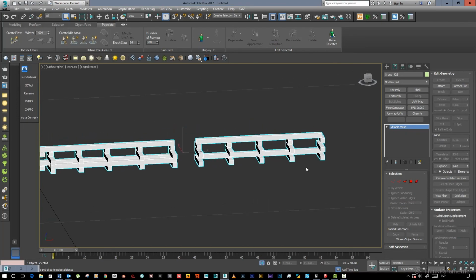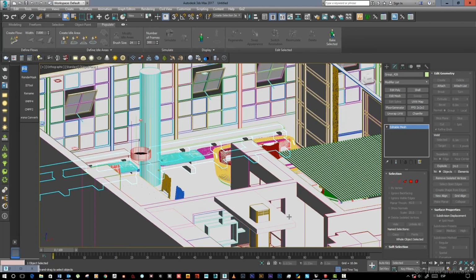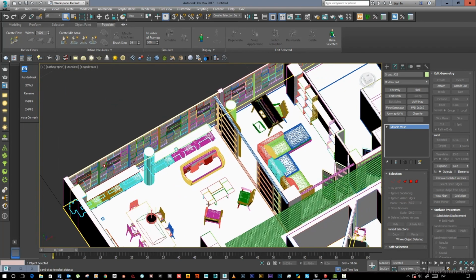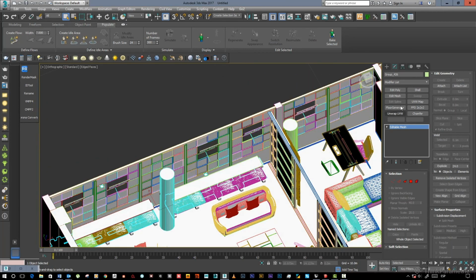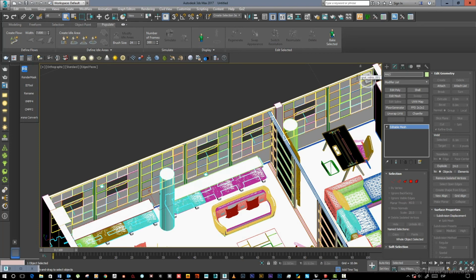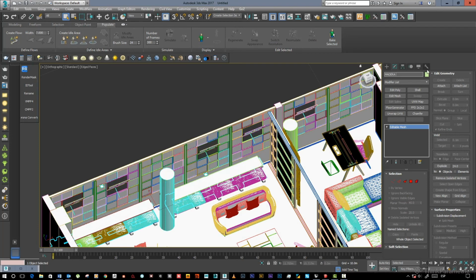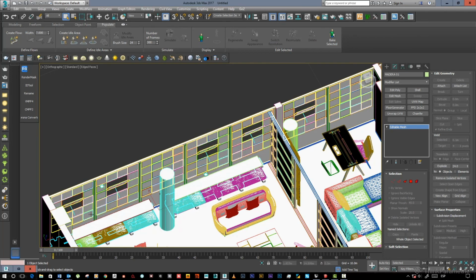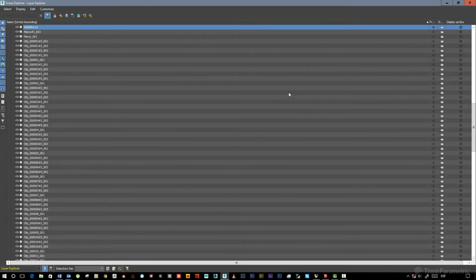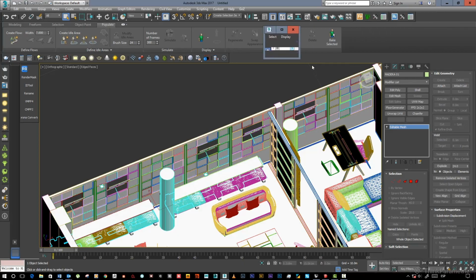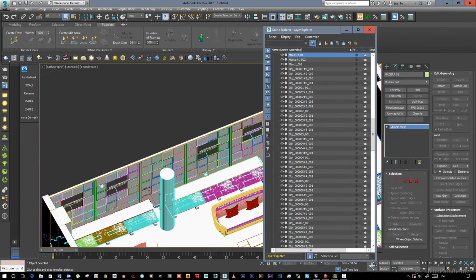That would be the solution to that problem. So we're gonna be continuing merging everything into a single object, I mean with the same material, renaming it, and putting it into the correct layer. Since everything is already pretty much well organized in here, we're not going to be doing that much. So just keep on doing that, and see you guys in the next one.